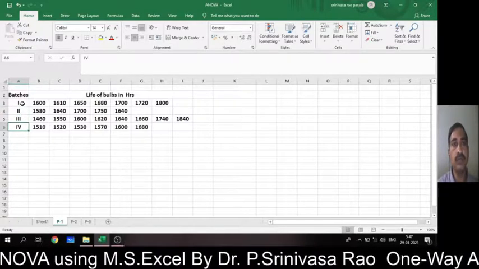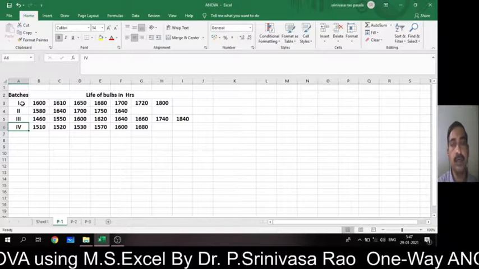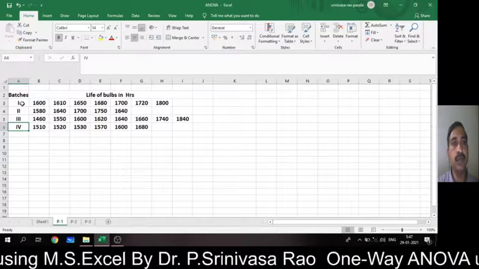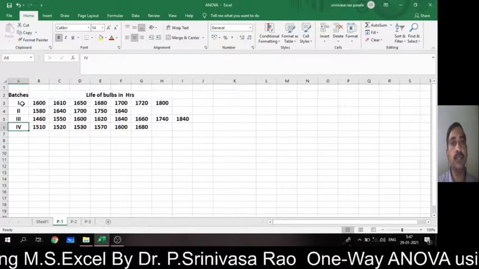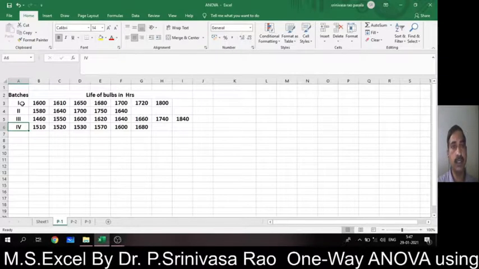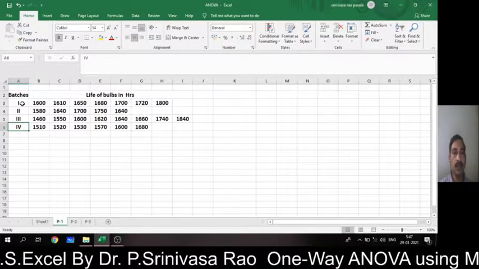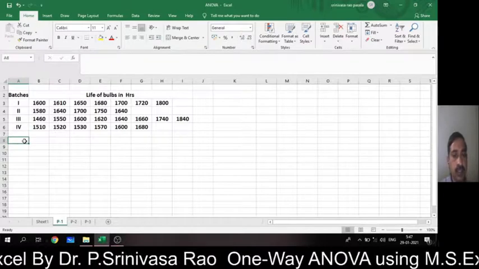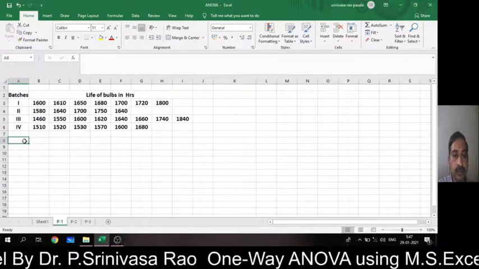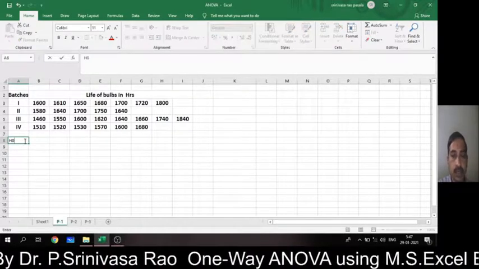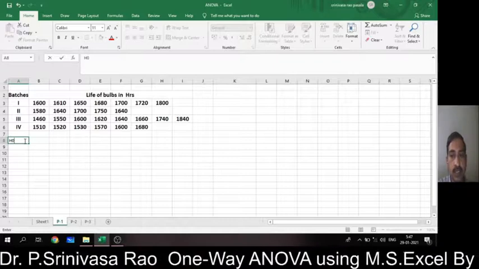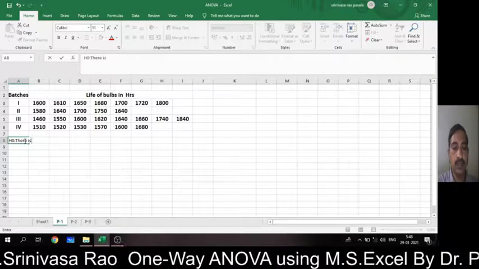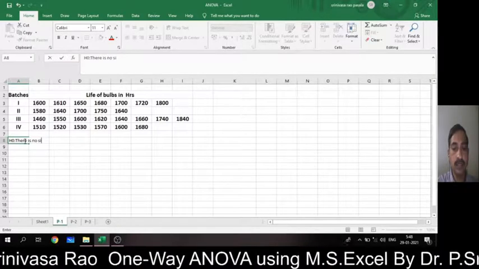Now we want to test the hypothesis of homogeneity of the lives of bulbs in hours. Homogeneity means that, or else you can note down the null hypothesis as H0: there is no significant difference